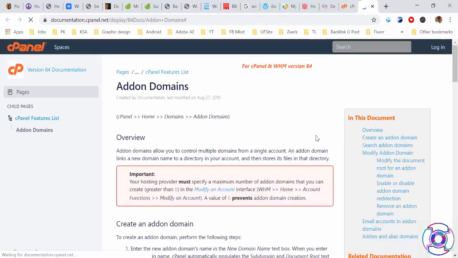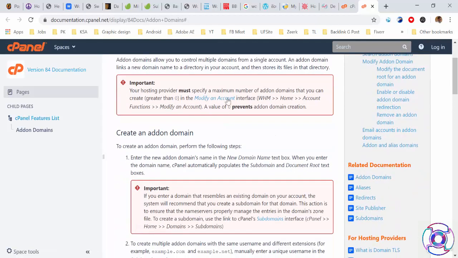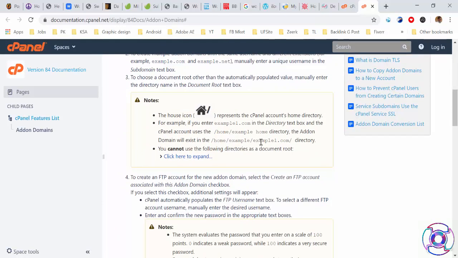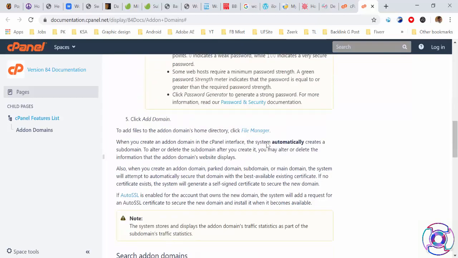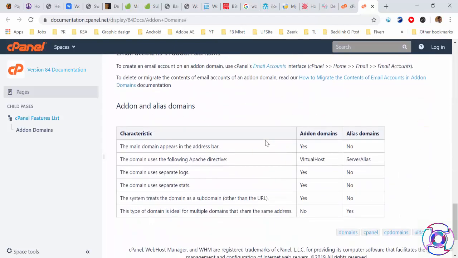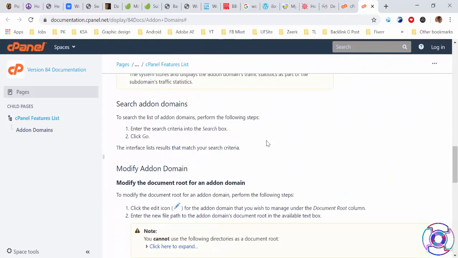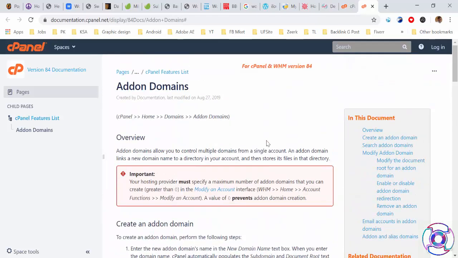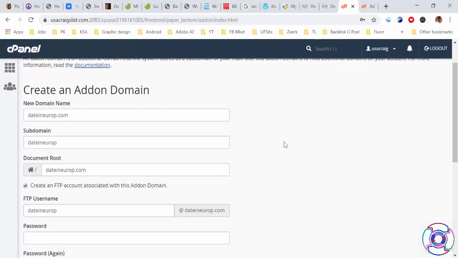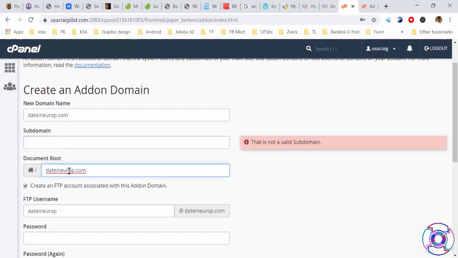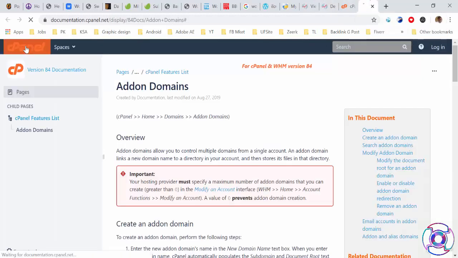See, this is the documentation for add-on domain, full details are available here. You can read all the instructions. So guys, subdomain, no need to add here. Then I'm going to add here public HTML dateineurope.com, because after the registration we have the file manager.